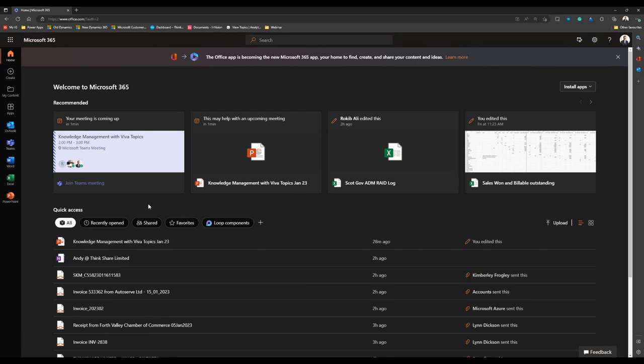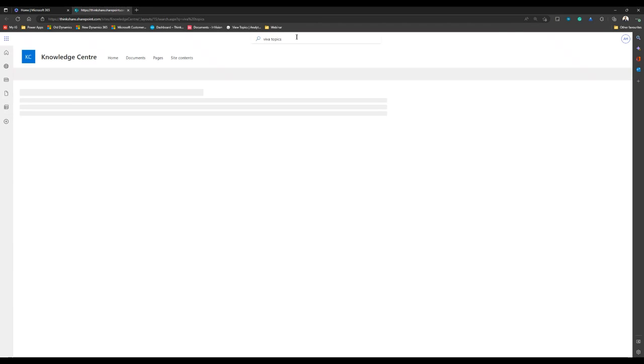You can see that this is our own knowledge management tenant, our own tenant for ThinkShare. And I'm going to run through some functionality. So for instance, if I was to search for Viva Topics in the standard SharePoint search bar,